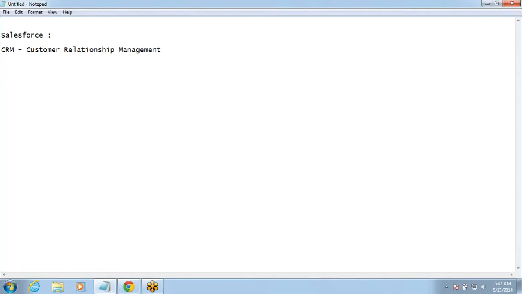Like for example, think of it. If a business has to do smooth transactions with the customer, they need to maintain all the details in terms of let's say how much the customer had paid, which product he has ordered, when is the next payment due, how much is he still need to pay. So all that information needs to be stored somewhere, right? So that they can have smooth transactions. Smooth transactions will mean that they can maintain very good relationship with the customer. So that is what our customer relationship management thing is.